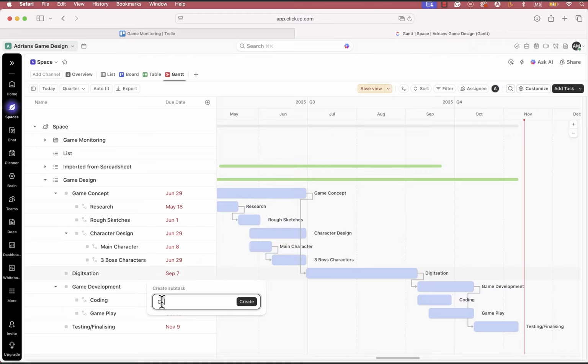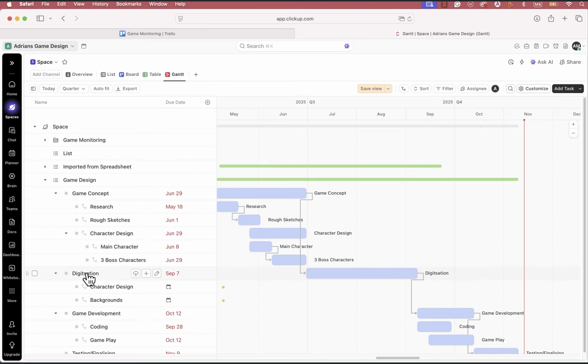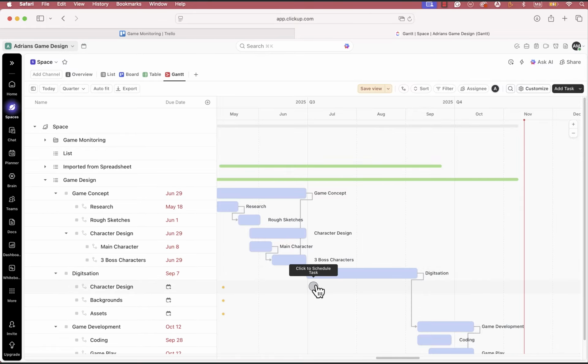You can say character design, click on the little sub menu, and you can call it backgrounds. Within here as well, we would have had assets. So same thing. And in this case, maybe we can say, okay,